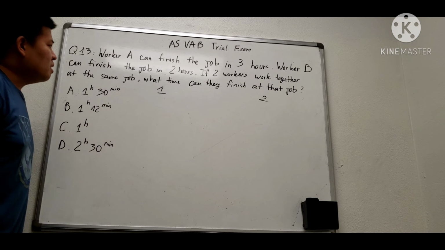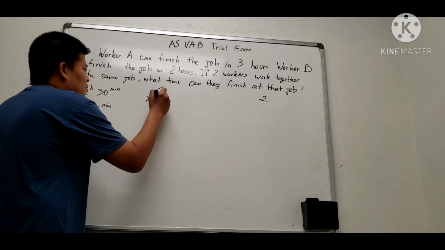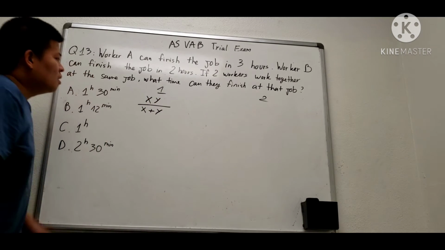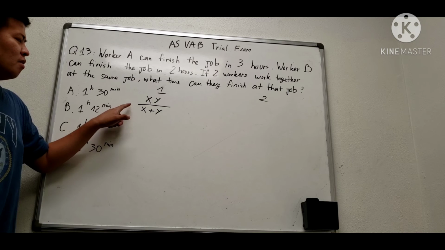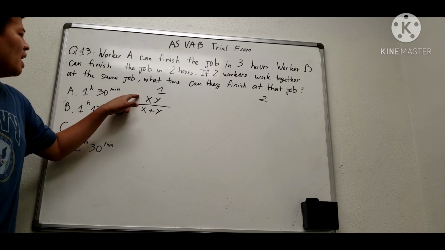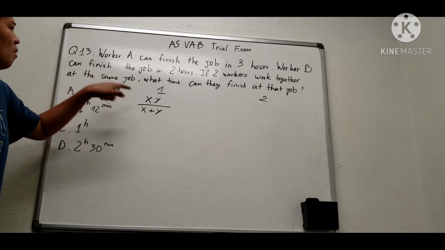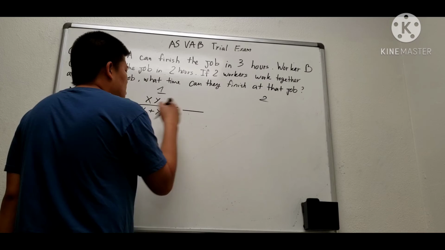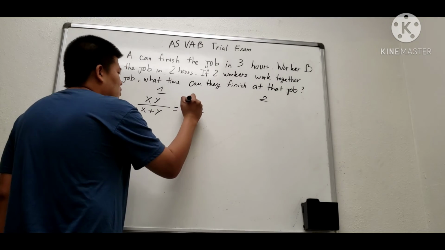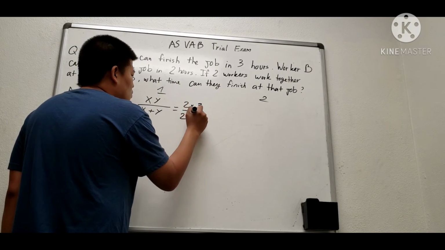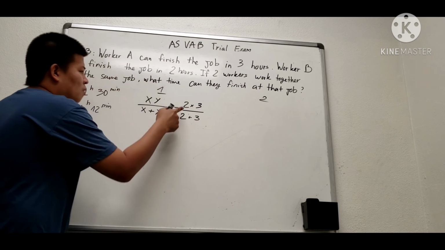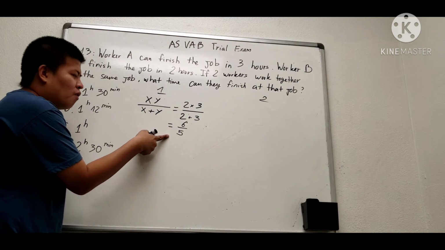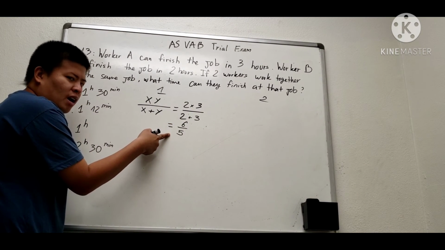To answer the question, we have X multiplied with Y over X plus Y. X is the time of worker A, Y is the time for worker B. So you just input in this formula. You get 2 multiplied with 3 over 2 plus 3. So you get 6 over 5, and if we divide 6 over 5, you get